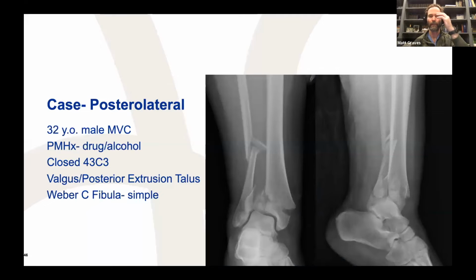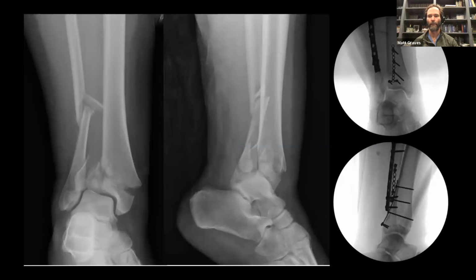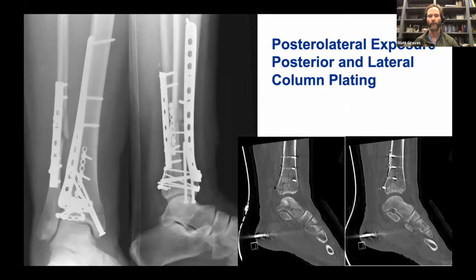And so here's a case choosing a posterolateral approach early on. 32-year-old MVC, he's got some drug and alcohol problems, 43C3. Valgus and posterior extrusion of the talus and a relatively simple Weber C fibula fracture. So we initially went posteriorly. That allowed us to stabilize the fibula and fix the posterolateral segment of the joint, put him in external fixation,